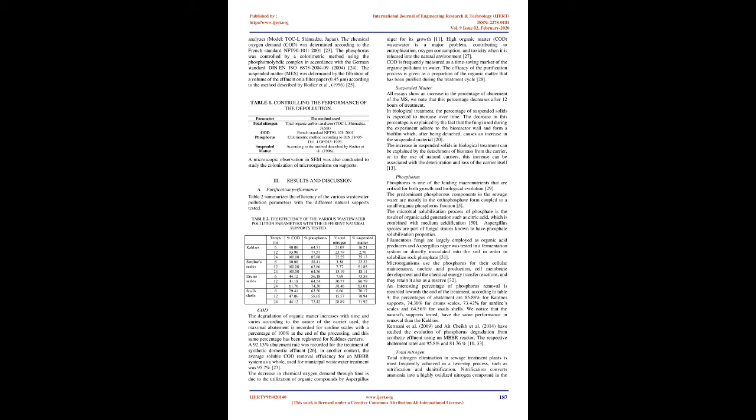Fig. 1. Schematic representation of the bioreactor. Measurement of purification performance. Several tests were conducted from the start of the tests up to 24 hours. Table 1. The total nitrogen was determined by the thermal catalytic oxidation with a high temperature TOC analyzer, model TOCL Shimadzu, Japan. The chemical oxygen demand, COD, was determined according to the French standard NFT 90-101, 2001-23. The phosphorus was controlled by a colorimetric method using the phosphomolybdic complex in accordance with the German standard DIN EN ISO